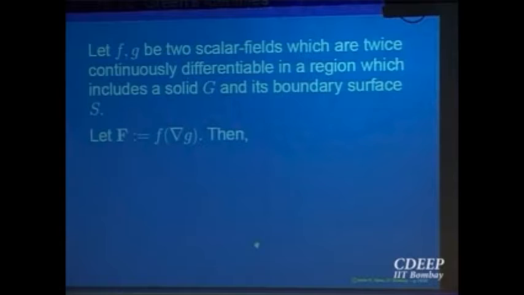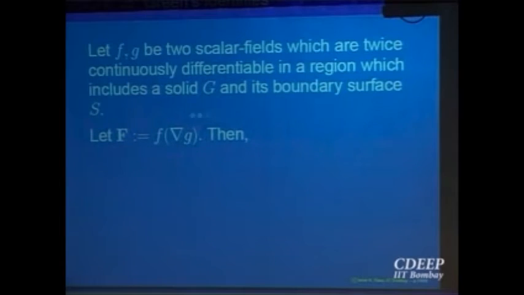So let us look at the vector field which is F times the gradient of G. F and G are scalar fields, right. The gradient gives you a vector field, multiplied by a scalar. So look at this vector field, F times the gradient of G. To this, let us apply our divergence theorem. What I have to do is look at F grad G dot n over the surface, which will be equal to the divergence of this vector field over the region enclosed.